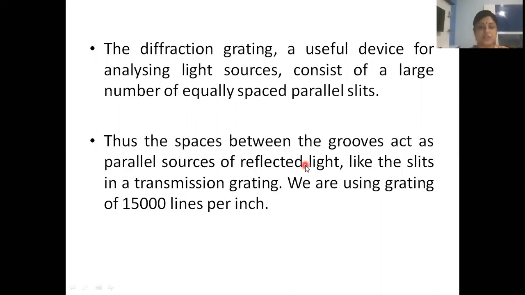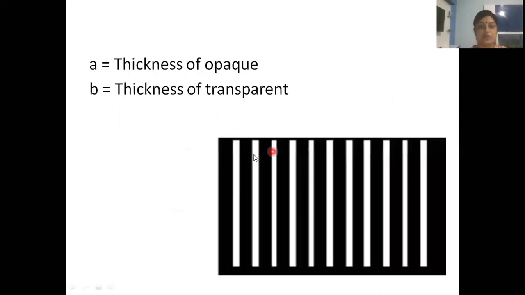I will show you the figure of this diffraction grating. This is simply a glass plate which contains a large number of alternate opaque and transparent lines. You can see this black portion, this is called opaque, and this white portion may be treated as a transparent portion. So this is opaque, transparent, opaque, transparent. So it consists of a large number of